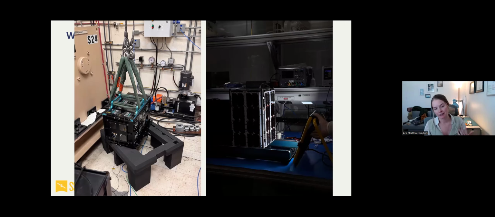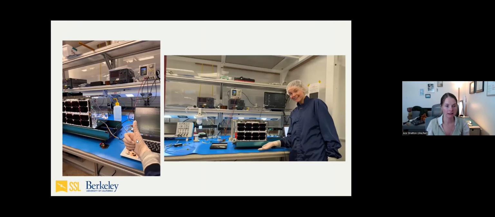Then you have to come back and you have to make sure after all of that shaking, are our solar panels still connected in the correct place? So here's where you can see I turned all the lights off in the lab and I shined a really bright light at each solar panel and I made sure that it was reading out like, oh, I see sunlight on the right solar panel, because that would have also really sucked if those weren't connected. Then you have to make sure everything's still communicating okay. This is a thumbs up of relief that after all of the horrible trials we put it through, it worked.